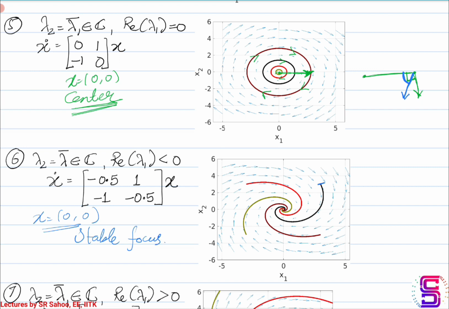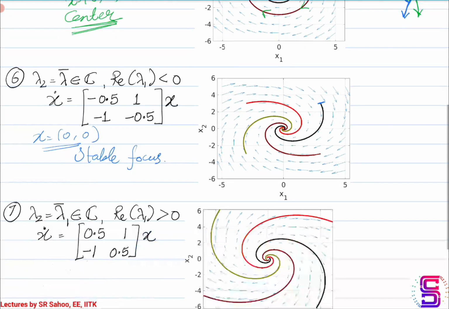So far you should have noted that, as far as the eigenvalues are concerned, equilibrium points are stable if the corresponding eigenvalues are all negative, and the equilibrium points are unstable if the corresponding eigenvalues are such that one of them has a positive real part. Here you see all of them have negative real part, so we have a stable equilibrium point. And because of the logarithmic spiral type of evolution for the trajectories in the phase plane, we name the equilibrium point a stable focus.